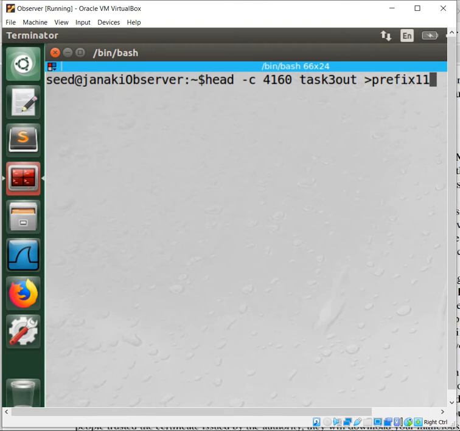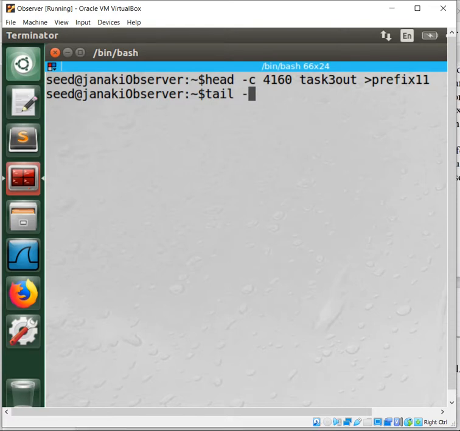Then with tail, starting from 4288 up to the end: starting from means you write the plus symbol, +4288 task3.out, and everything you write into suffix1.